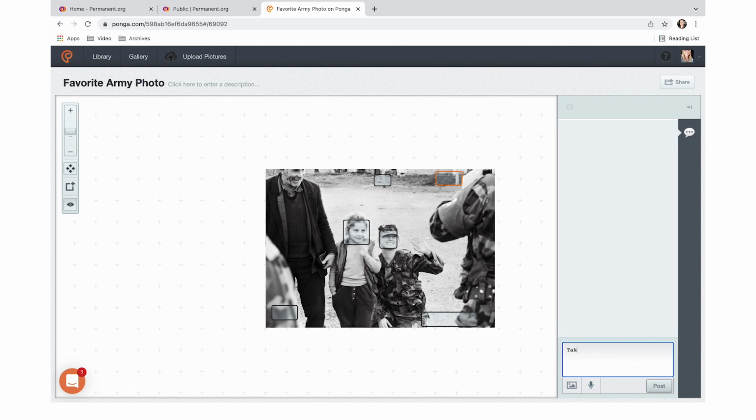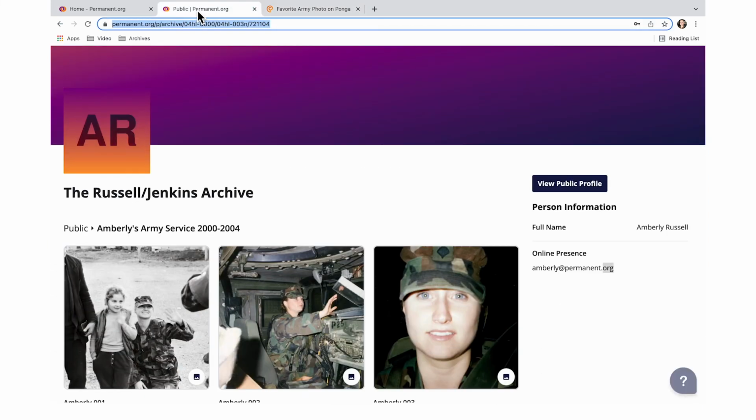Right now I'm just explaining what this photo is taken with, a 35mm camera with 3200 film. And then I'm going to paste the link from my permanent public archive. There's my archive for my Army service. I'm going to grab the link,